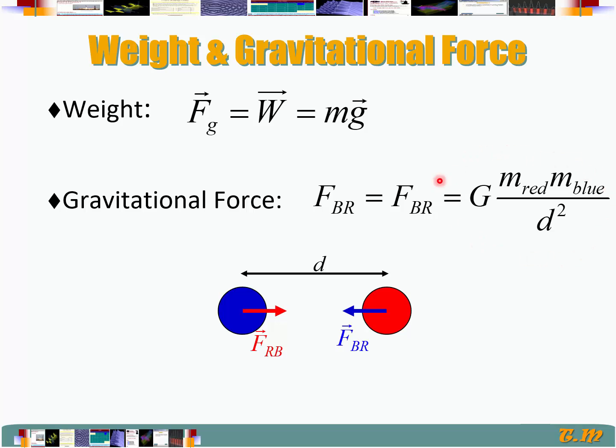What we find through this expression in magnitude is going to be equal to what we find in this expression in magnitude. This gravitational force here that we wrote this way is a manifestation of the mutual interaction between objects at the surface of a planet and the planet. That's what the gravitational force is.